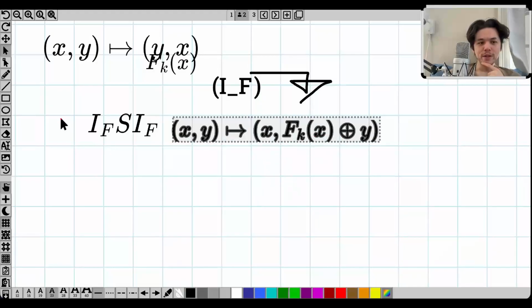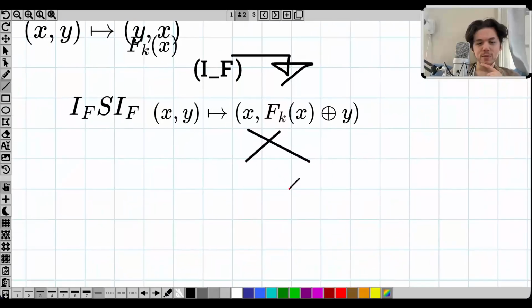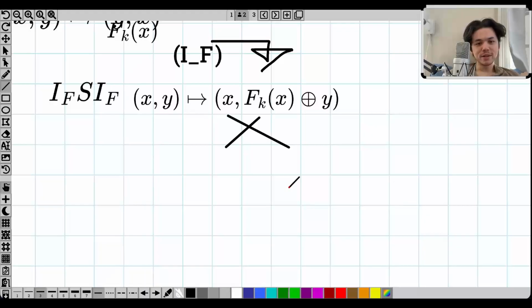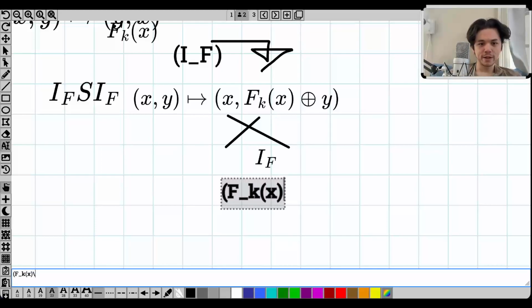Then we swap these two. So imagine I swap these two. And then let's apply the same map again. Well, then we'll apply F right here. What do we get? Well, because this swaps and stays the same, we get f_k(x), and I should write in LaTeX f_k(x) plus y,